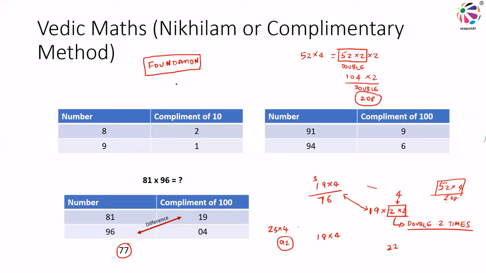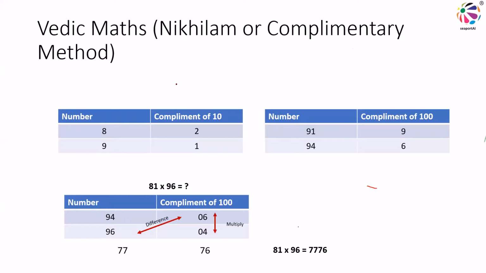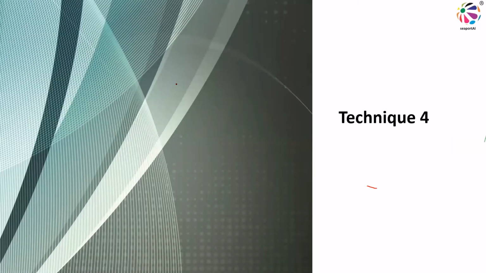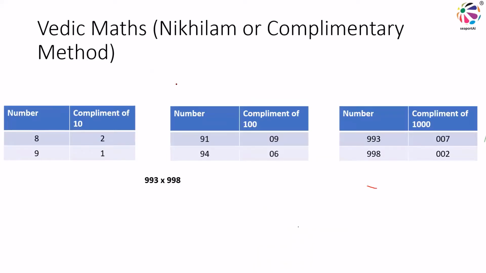Right. And now let's see one more. 3 digits. Technique 4. Sir, I have a doubt. Is the doubling shortcut only with 4? Like you asked us, what is 92 into 4 and 84 into 4. Correct, that is a shortcut for 4. Like that, I will keep telling you more shortcuts.